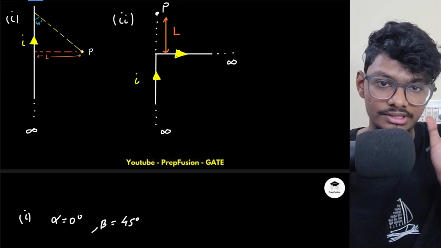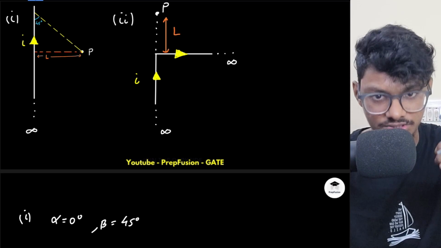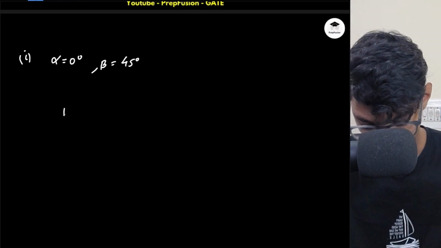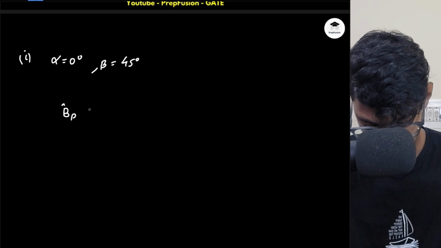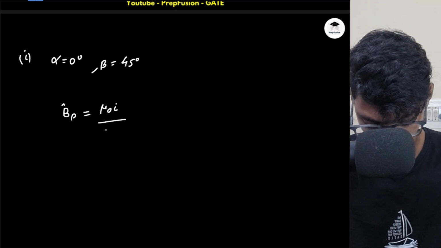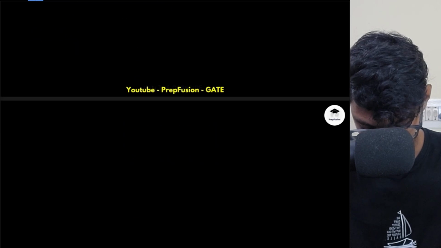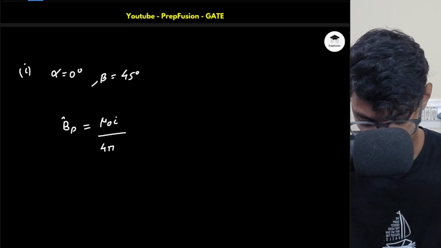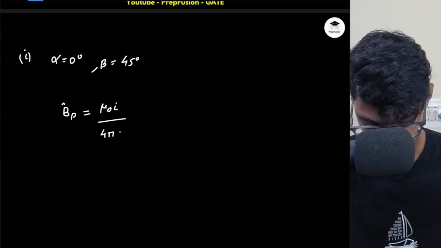And can you tell me what will be the direction of the magnetic field? It will be going inwards. Again, if I curl my right fingers, it will be going inwards. So my BP will be simply mu naught I by, I value they have not given it, so I'll just assume mu naught I by 4 pi r. What is r? R is the distance. R is simply L in this case,